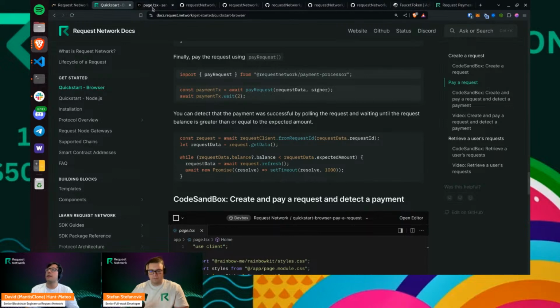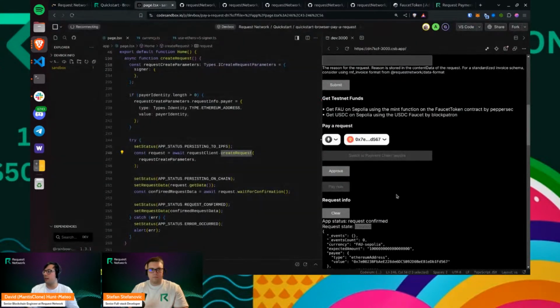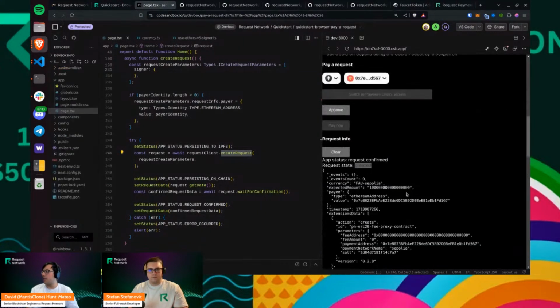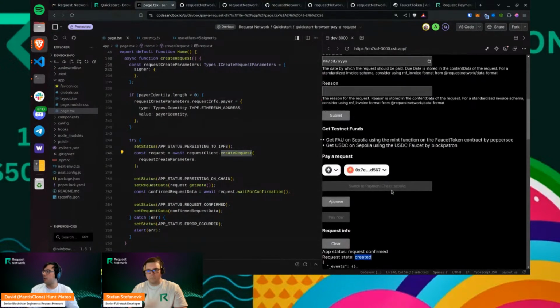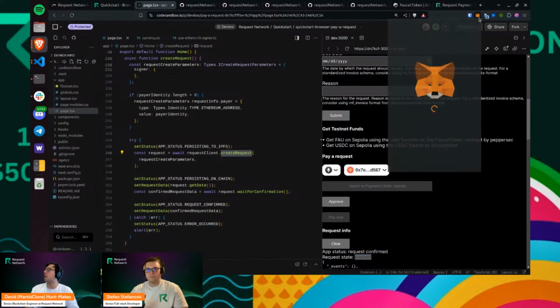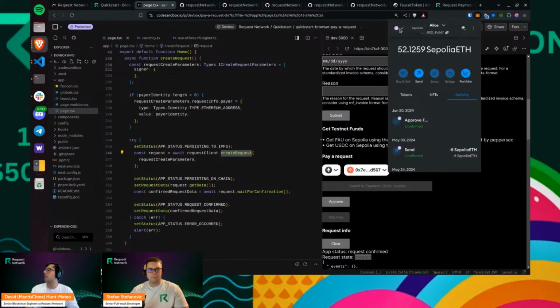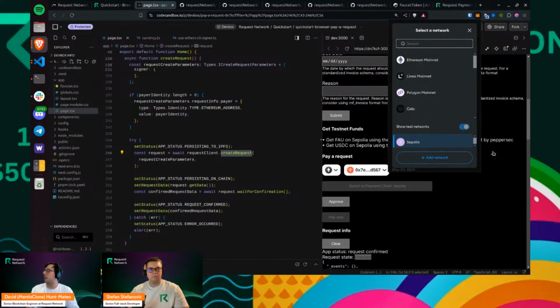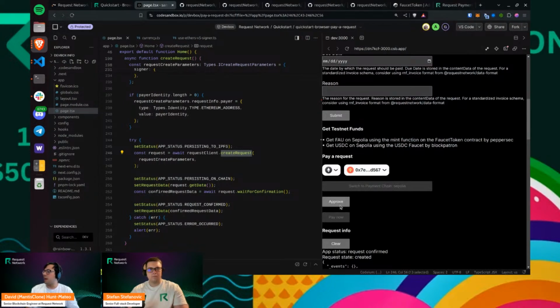So I can show you an example of this in our quick start here. I had just created that request earlier, you recall. And so what I can do is I can switch to the payment chain, which it appears that I'm already on. Yes, I'm already on Sepolia. And then it prompts me to approve. It's going to check if I have sufficient funds. And